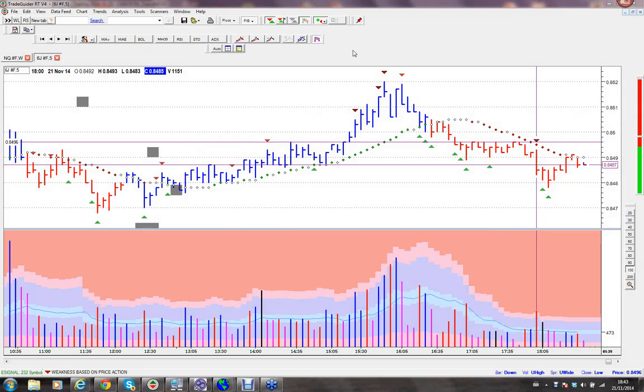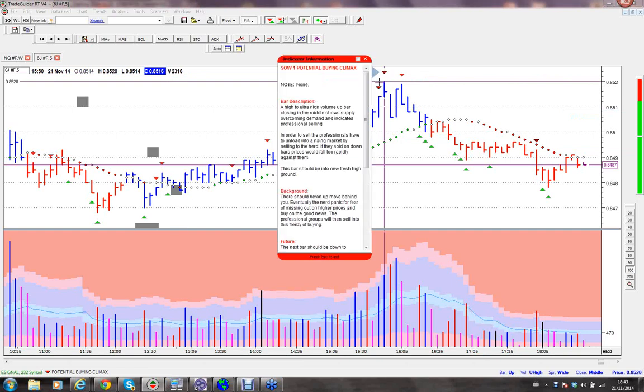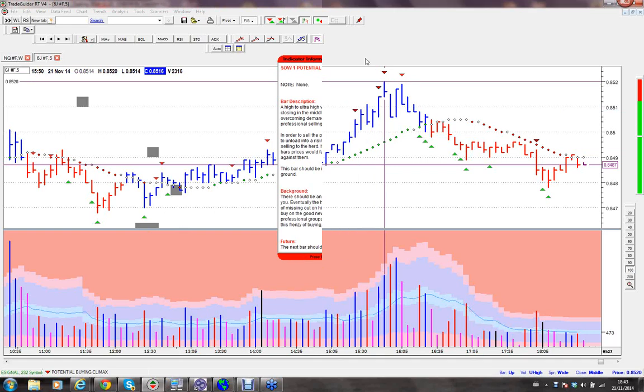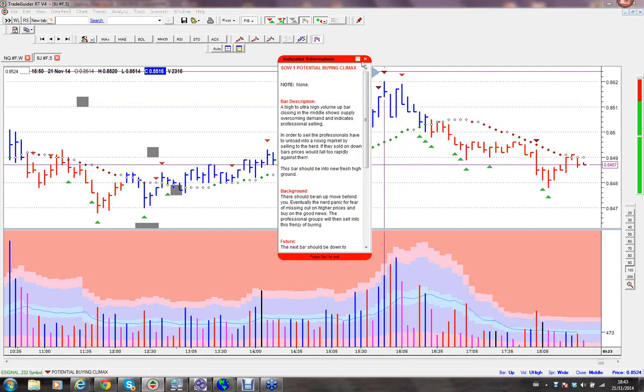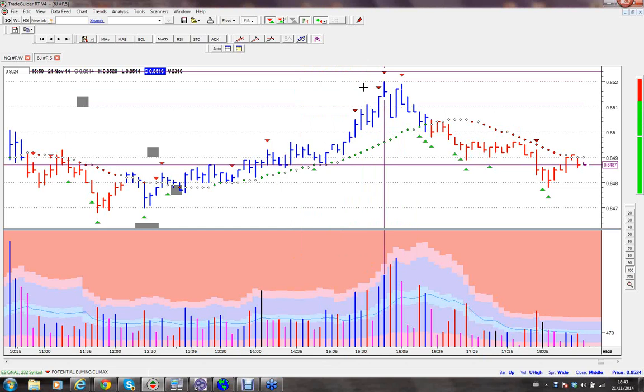That's why I issued a short alert. This is what I was asking you to look out for. Remember the golden rules of VSA. When weakness appears, it appears on up bars. That means the market's been marked up on massive volume. Here's what we were waiting for. We have to be patient. We don't always get the trades the immediate second we send the alert out. That's why we tell you what to look out for.